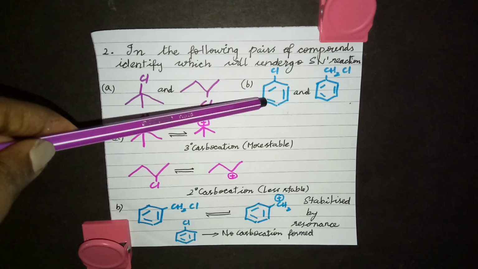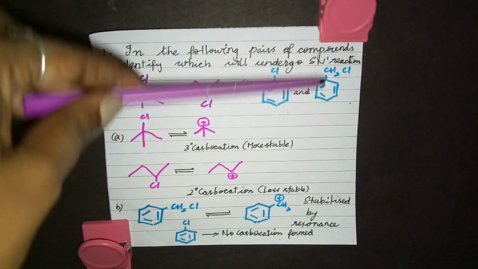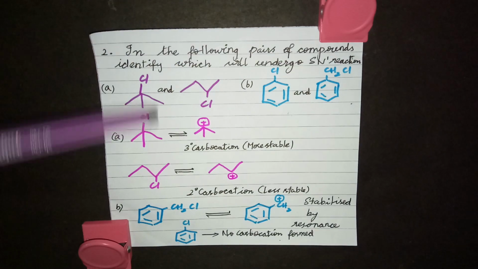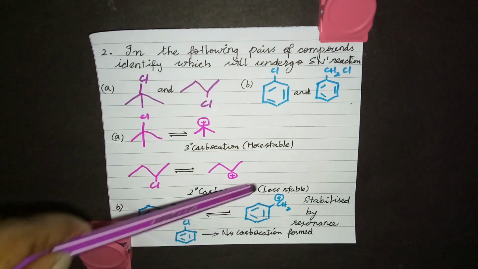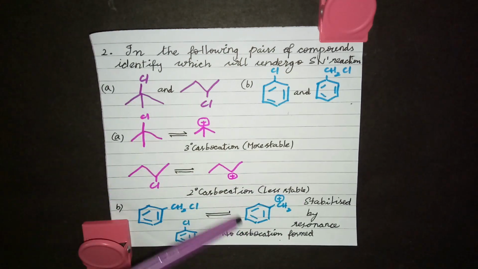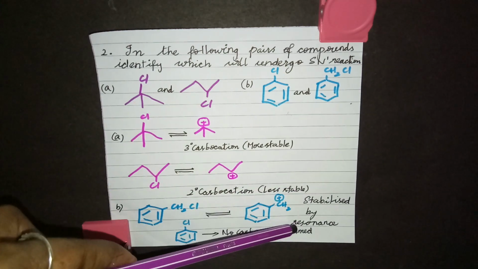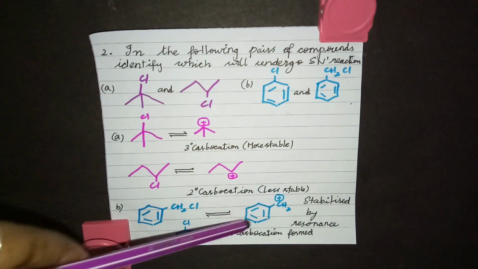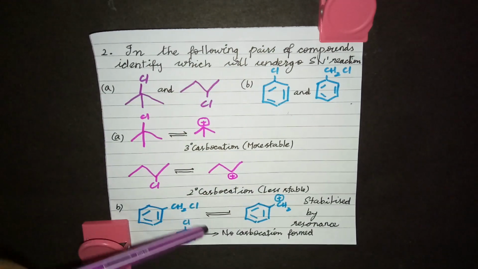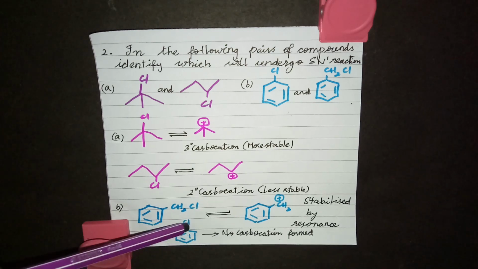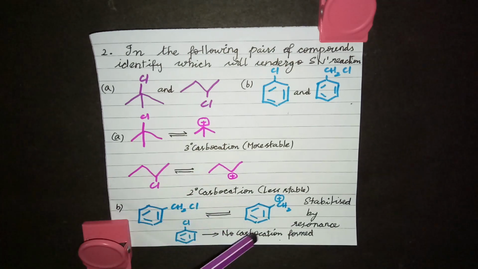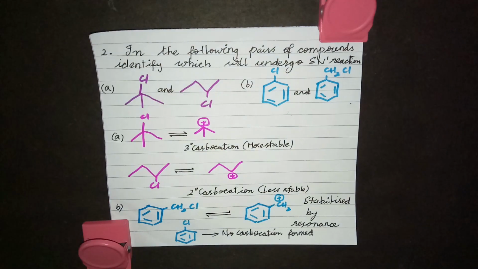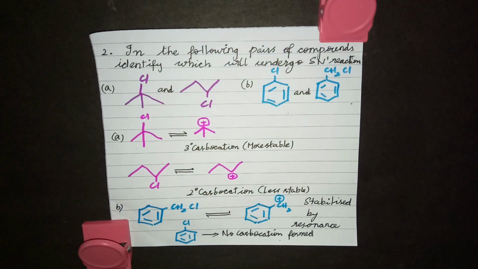And coming to this example, this is what? Chlorobenzene. This is benzyl chloride. You have 2 compounds. So in the case of benzyl chloride, you know it can form what? Benzylic carbocation, and we have seen this benzylic carbocation is stabilized by resonance. But this type of carbocation formation is not possible here in chlorobenzene because this bond is stronger due to resonance. This acquires a partial double bond character, so it is difficult to break this bond. So this carbocation formation is not possible here. So obviously benzyl chloride will undergo SN1 reaction faster.